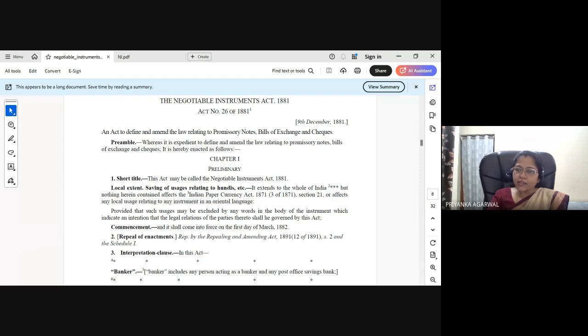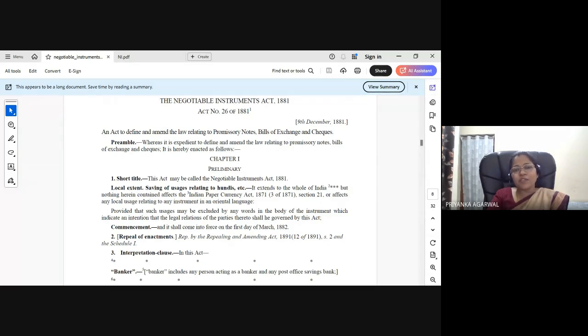So in general parlance, or in layman's language, we can say that a negotiable instrument is used to facilitate trade and commerce, right? And why do we need a negotiable instrument? Because it is difficult to carry cash. Suppose you are going to some place and you need 10 crore rupees. Instead of carrying the entire amount in physical format, you can use a negotiable instrument for that transaction. Or if you want to pay on a future date, you can use a negotiable instrument, right?